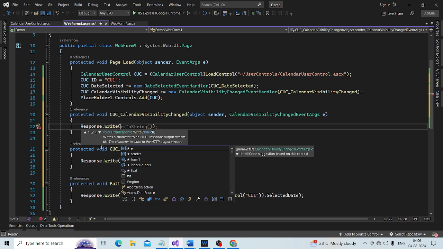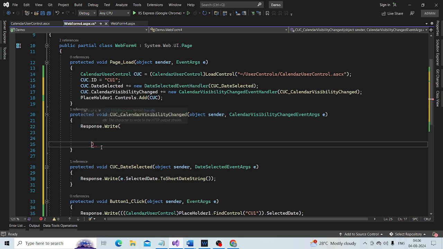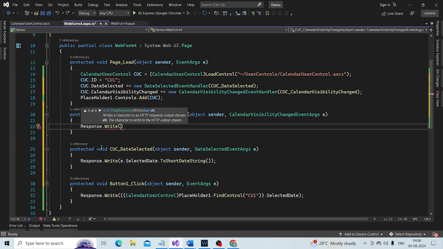Calendar visible equal to, if it is visible, maybe it prints true, otherwise it will print false.